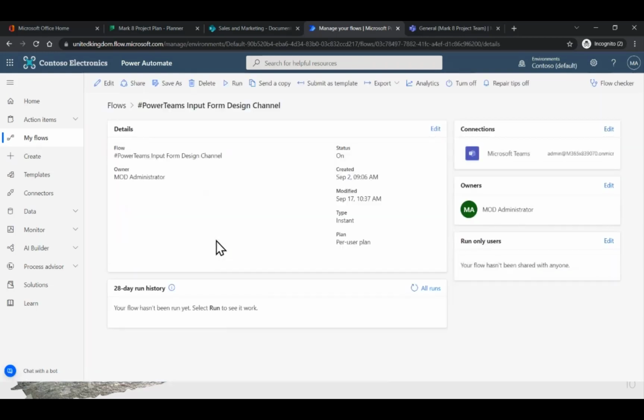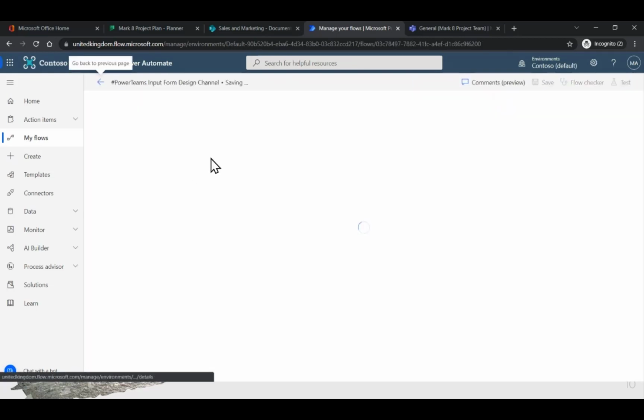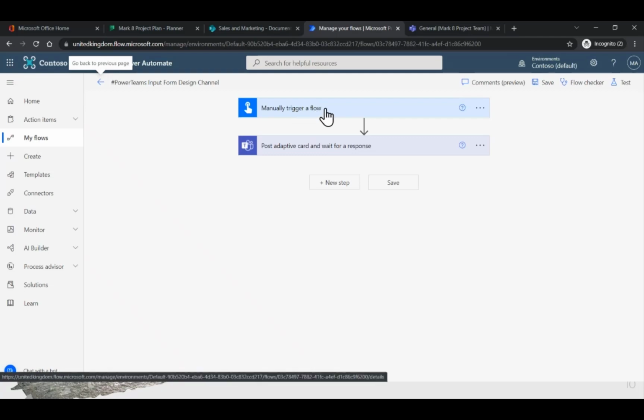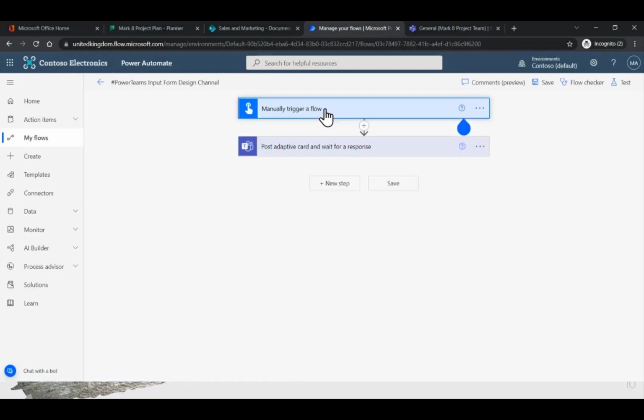I'm going to click on this and edit it, and you'll be able to see my workflow that I've created. So I've chosen to manually trigger this because it's a demonstration and I want to be able to control when a form is created and put into Microsoft Teams. But the trigger could be when a new employee is added to a team, or you could have it every time someone adds a file, or you could choose your triggers